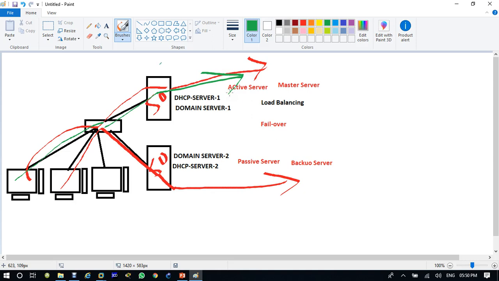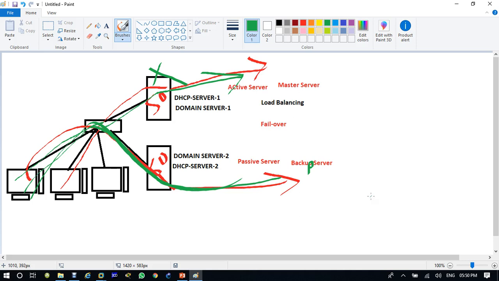But when the active goes down, automatically all the traffic will pass through the backup server because the active is down. This is the way to understand the difference between load balancing and failover.